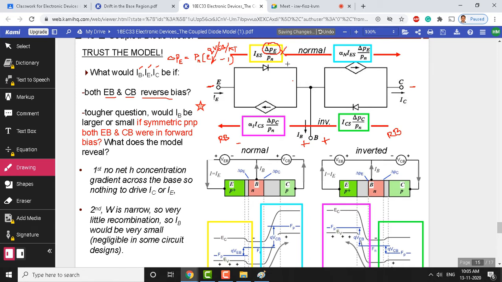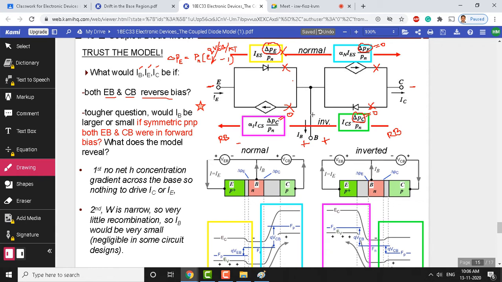So this becomes an open circuit here, and delta P is also present in this term, which also goes to 0, and this will become an open circuit here. That is the emitter base bias we have seen. Similarly, look at the collector base bias here, which is also reverse bias. Whatever we said for delta P is applicable for delta P c. Since it is reverse bias, this will go to 0, and the delta P c term here also goes to 0, so here also it will act like an open circuit. Now, see the behavior when both are reverse biased. Do you get any current here?